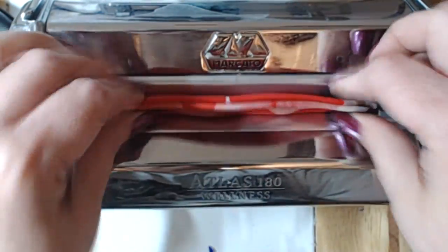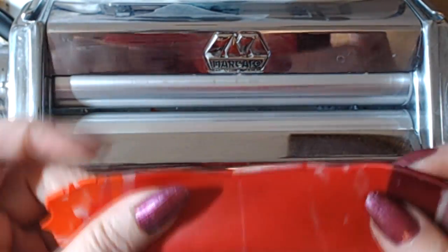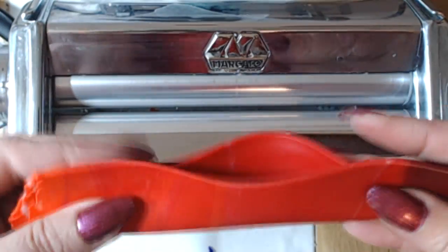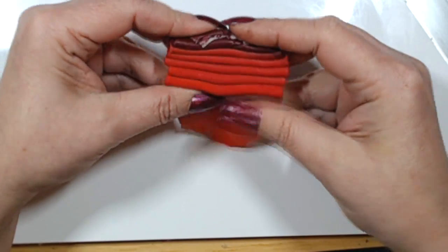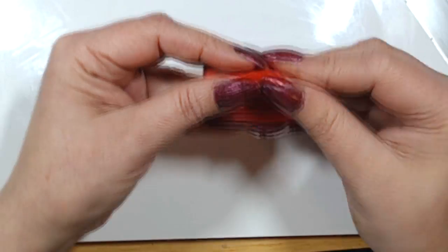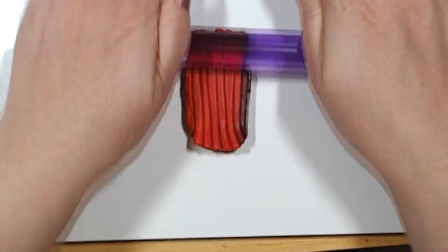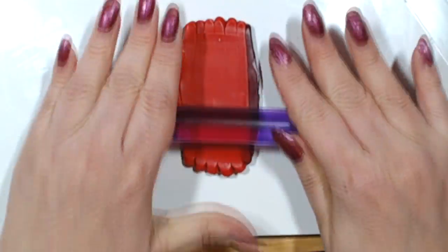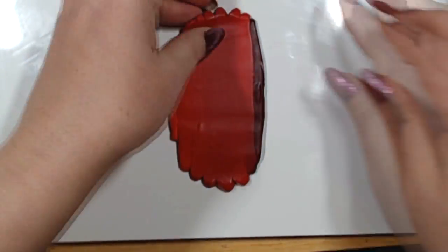And all you do is a Skinner blend, and I'm showing you how I'm doing my Skinner blend the easiest way. After I make sure that all the pieces are well stuck together on the thickest setting, I am going to first fan fold it and then thin it out a bit with my roller, and then go again through the pasta machine on a decreasing thickness. And then once I get a little bit of a gradient,